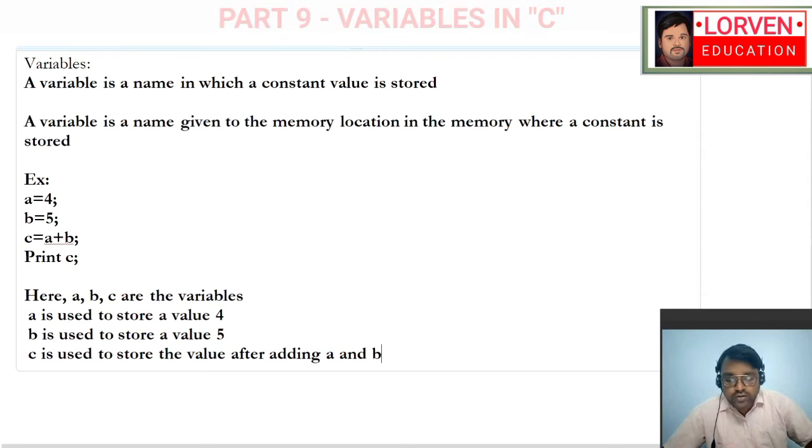Now we will talk about the variable names. For a particular location we have to give a name, and that is called the variable name. So I will now continue with the topic called variable names. We have certain rules to be followed when we are giving names to the variables, and I will be listing all those now.